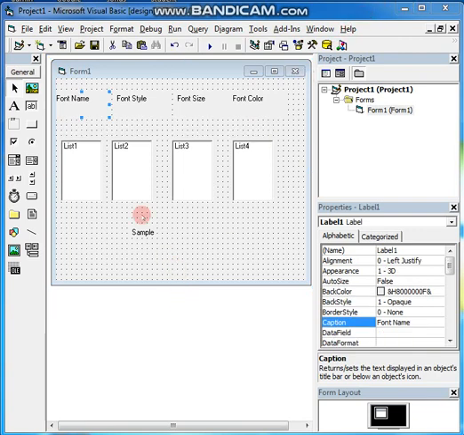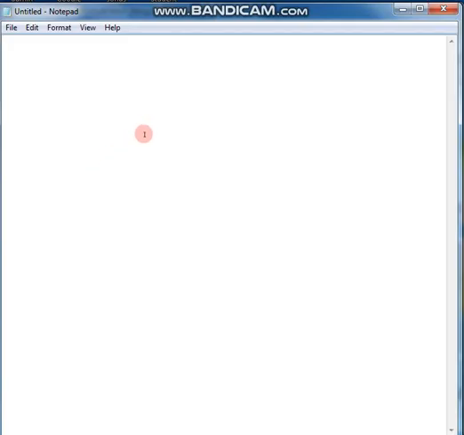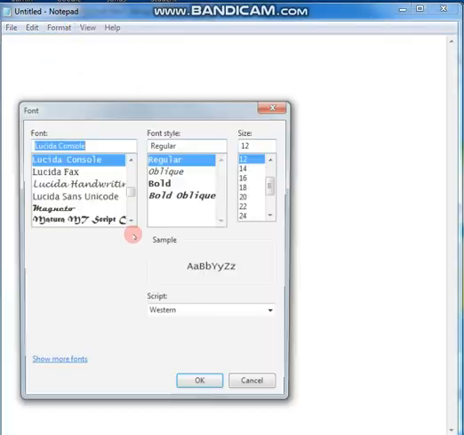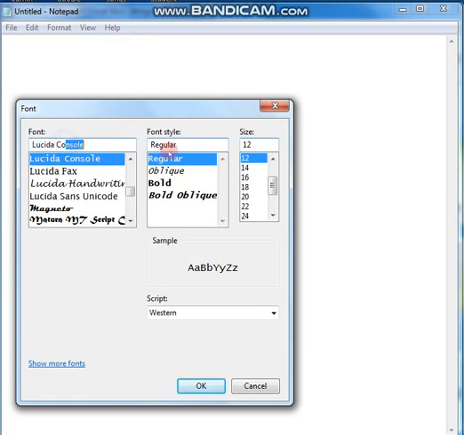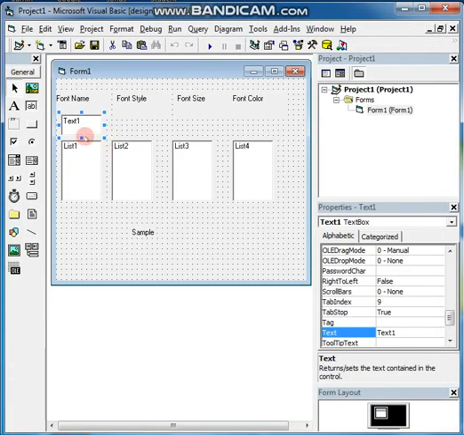Now, students, let's continue. I forgot to give a text box here, students. So we have to put a text box here. You might have seen in the Notepad font dialog box there is a text box. Let me show you, then you will understand. See, this is text box 1, text box 2, text box 3. If I click here, it is changing here. Clicking here, changing here. That is what I am doing here.